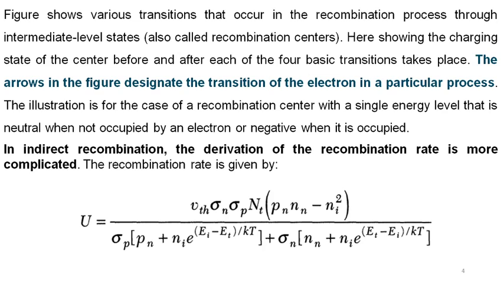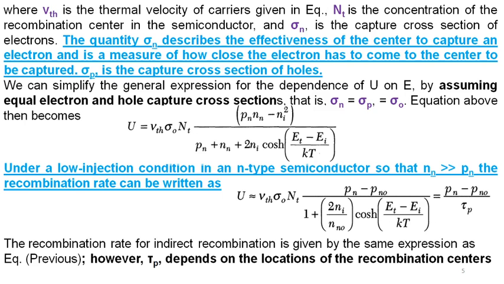For indirect recombination, we'll go into more detail about the derivation. U is nothing but the net recombination, as we went through in the direct recombination process. Here in the indirect recombination process, the net recombination rate equation becomes somewhat more complicated. More detail is already given in the appendix of the ebook, you can go through it. I am showing here how there is a cross section for the electrons and holes, shown in terms of the equation U equals, where Vth is the thermal velocity,